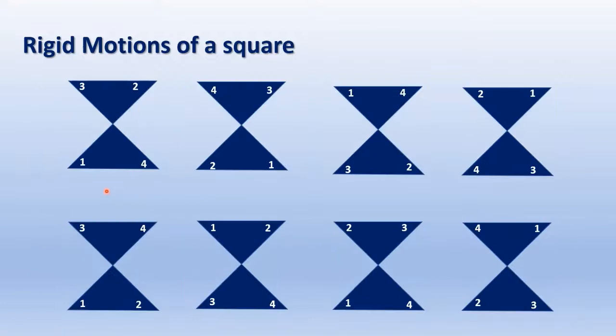In the same manner, we can fix these base vertices and twist the 2 vertices in the top. So initially we had 1, 2, 3, 4, but now we have 1, 3, 2, 4. So these 8 images are obtained from the initial square by twisting the top two vertices, fixing the base vertices. So totally 8 plus 8 plus 8, 24 ways of arranging these numbers 1, 2, 3, 4 have been obtained.